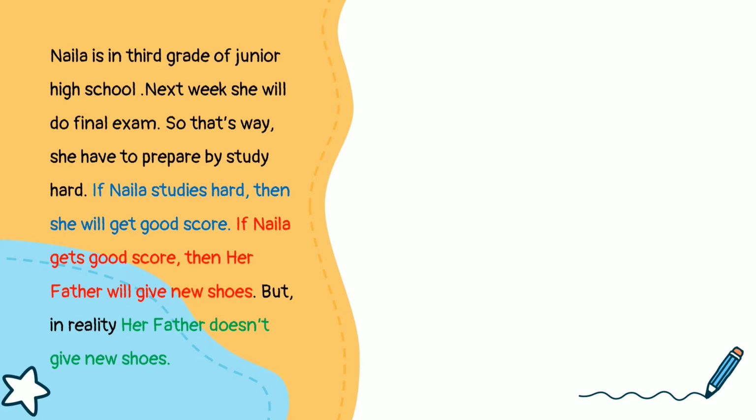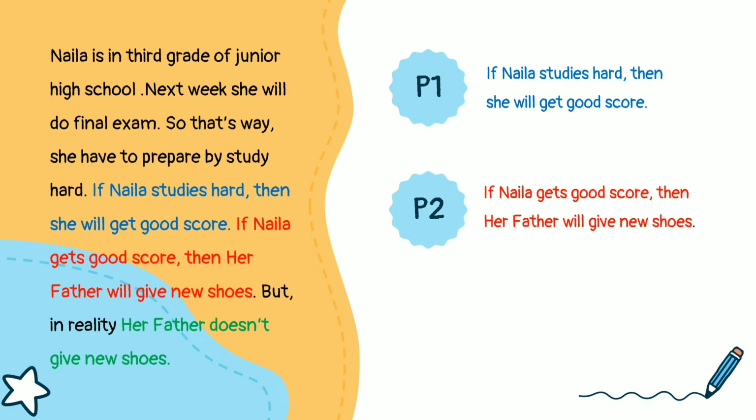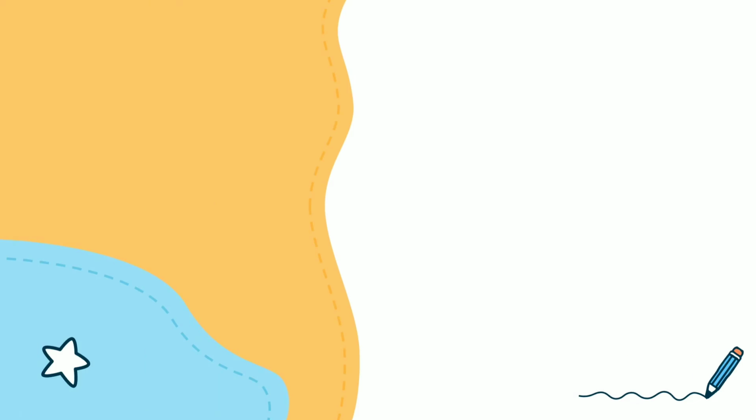From that story, we can illustrate it as follows. First premise, if Naila studies hard, then she will get a good score. Second premise, if Naila gets a good score, her father will give new shoes. And the third premise, her father doesn't give new shoes. Let's discuss together. We suppose that